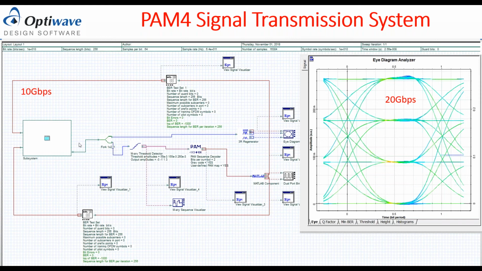So in the decision detector here, based on what is received, you put a threshold, and then you decide which level is received, and this PAM sequence decoder decides if the sequence is 00 or 01 or 10 or 11, and then we have a MATLAB code here